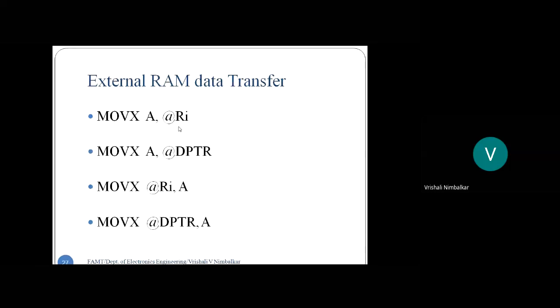Now see your first instruction, MOVX A, @Ri. The destination is the accumulator and the source is the external RAM memory pointed by Ri. Now we said Ri can be register R0 or register R1. Correct? And registers R0, R1 are 8-bit registers. So you should have a doubt here. External RAM, what are the addresses? 16-bit addresses. External memory has a 16-bit address.